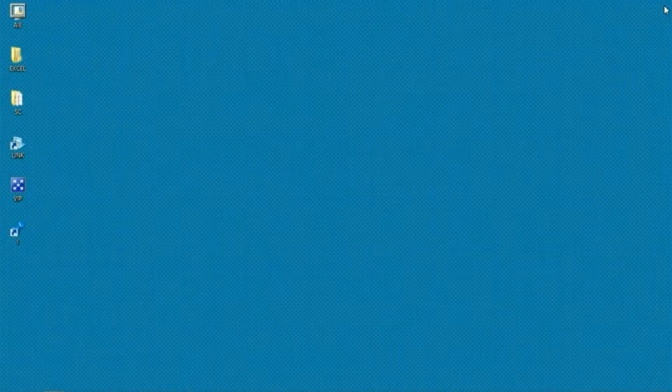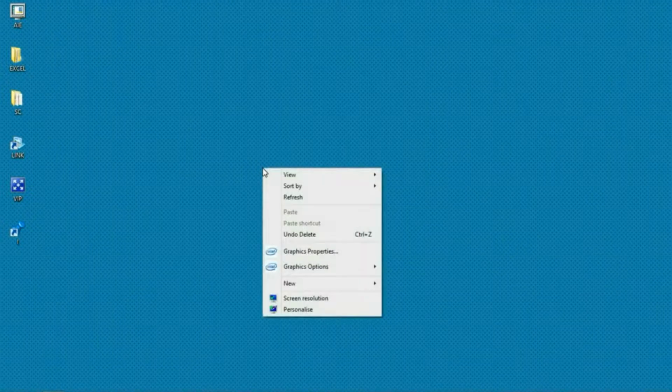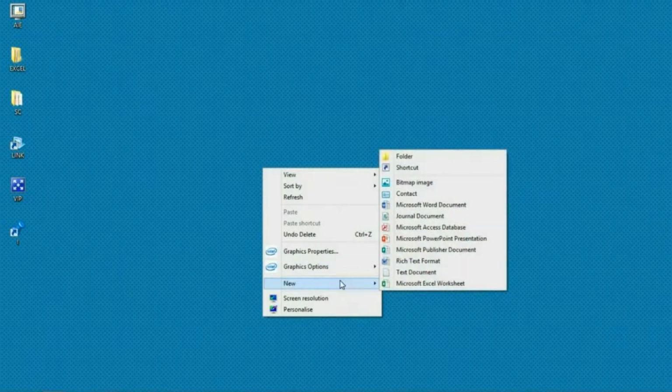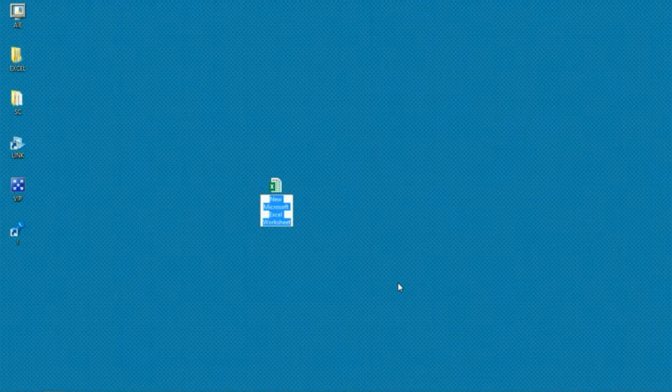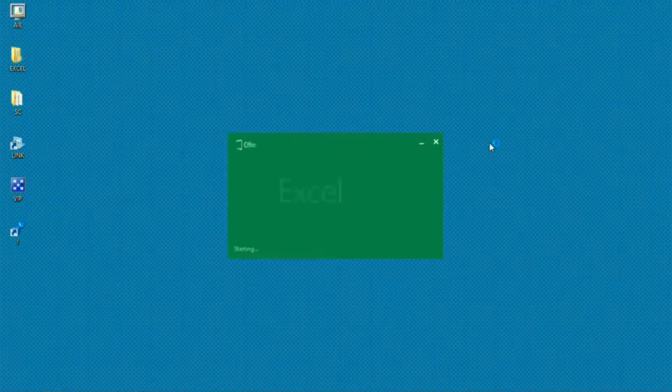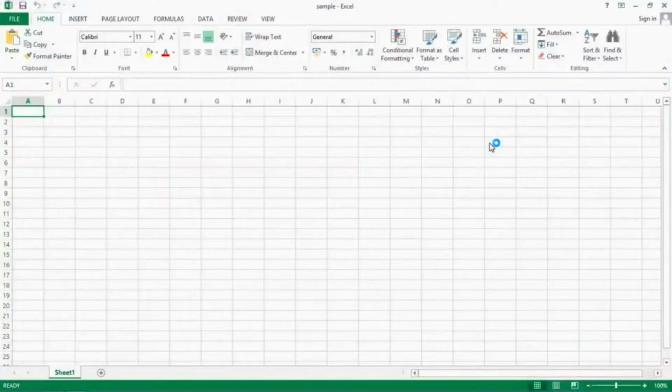Back to our desktop. Another way you can start Excel is to create a shortcut or create a new icon on your desktop just by right clicking on your desktop and then running down to new and then run across to Microsoft Excel worksheet, and you can name this anything you want. Okay, and then just open that icon to open Excel,